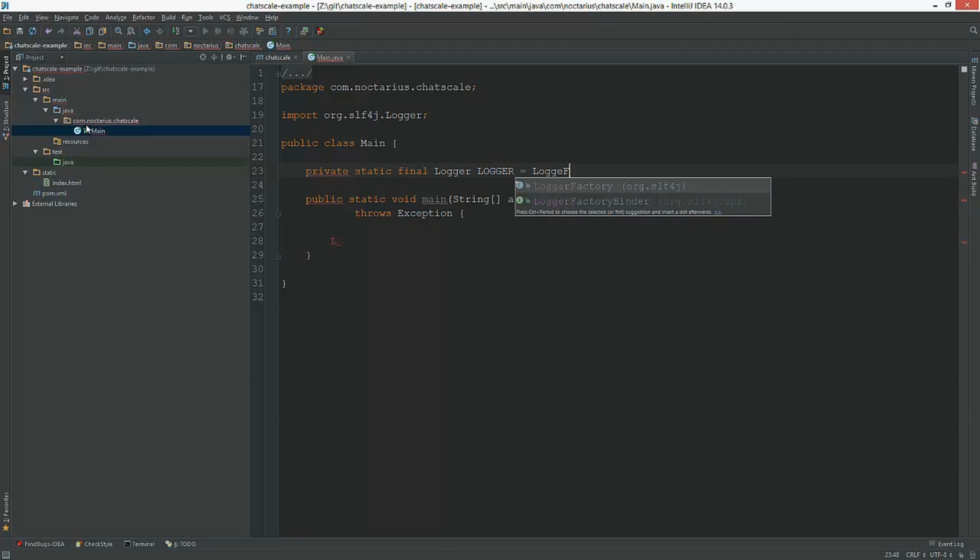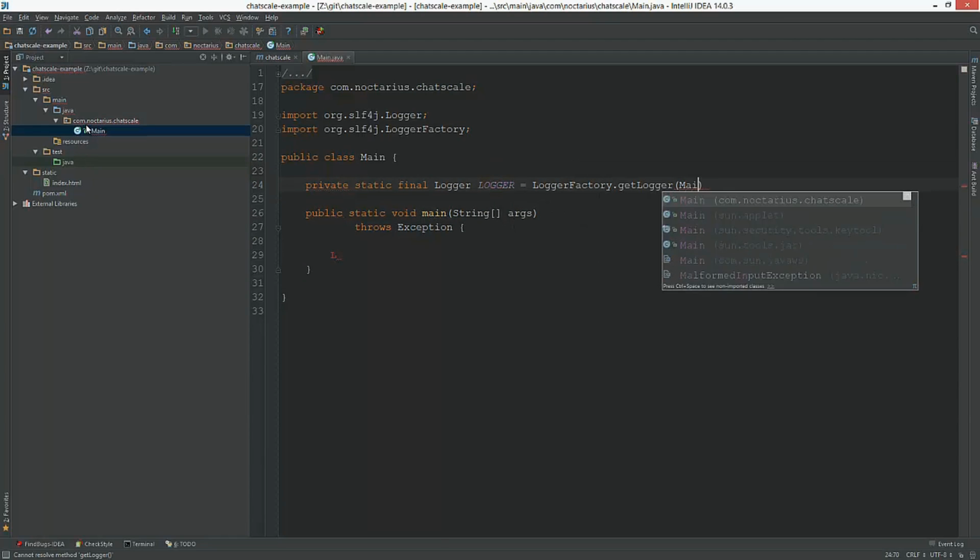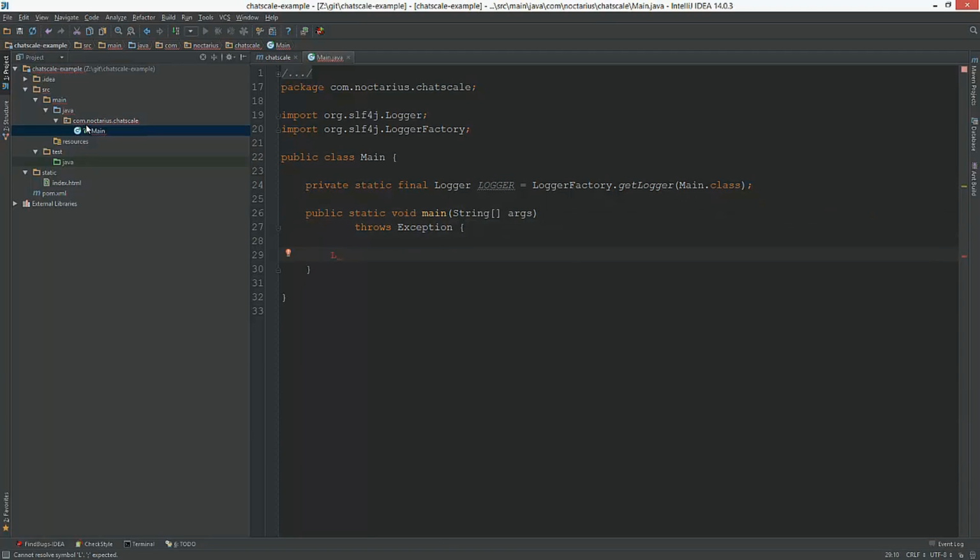Logger factory and main class. And info starting. I called the project, by the way, chat scale. Sounded reasonable to me. We want to have a scalable chat server, so maybe that way.